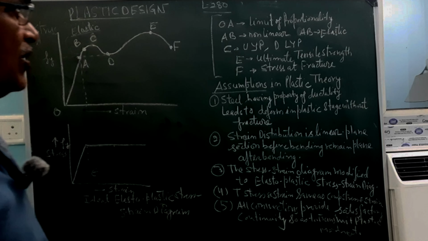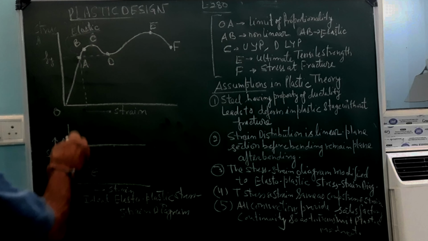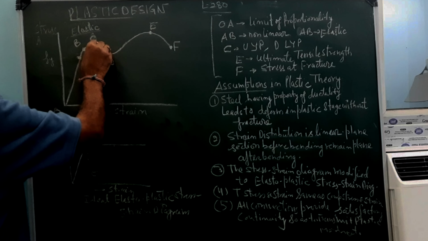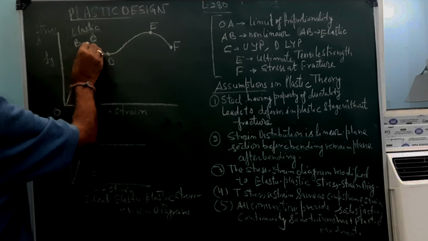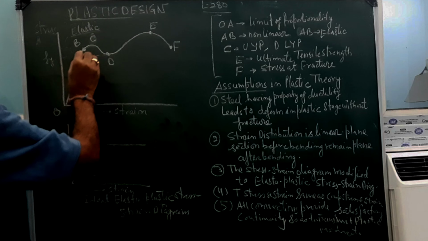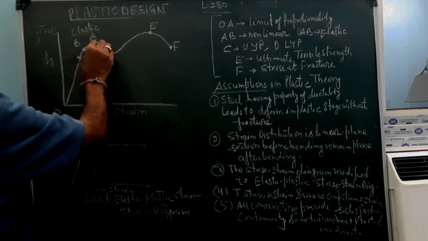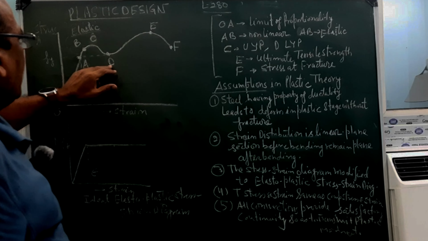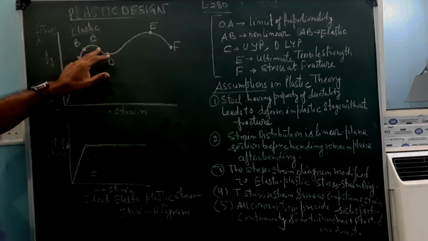So that is your elastic behavior. Now what will happen next? You will reach a point 1, which is the upper point. You get a stress at this point. This is upper yield point. Now yielding is starting, then it droops, it goes down,